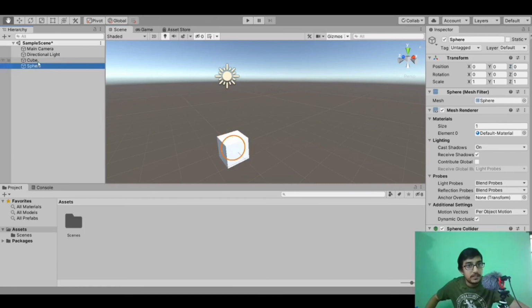The cube and the sphere are both there, but we are only able to see the cube because the size of the cube is greater than that of the sphere, and the sphere is immersed inside the cube, or you can say the cube has overlapped the sphere. To visualize the sphere, you have to change the position of the sphere or the cube. I am changing the position of the sphere for now. Select the move tool and drag it along the x-axis. So here we are.